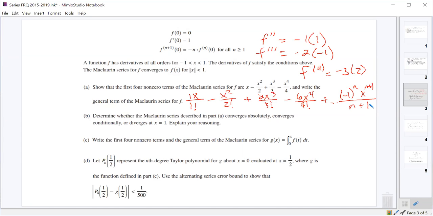Everybody good with that? Or no? That's what Noah said. Are we good with that or not? I started at 1, but I think it's fine. You started at 1, but you think it's fine. So it would be -1 to the n plus 1 times x